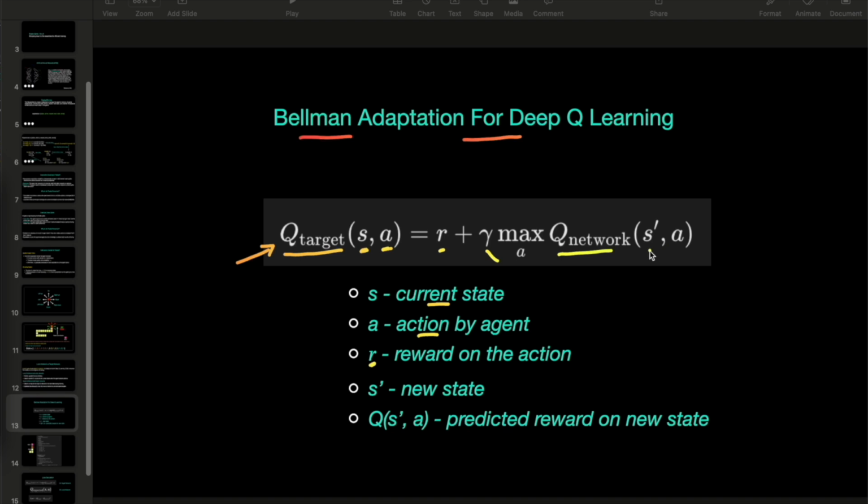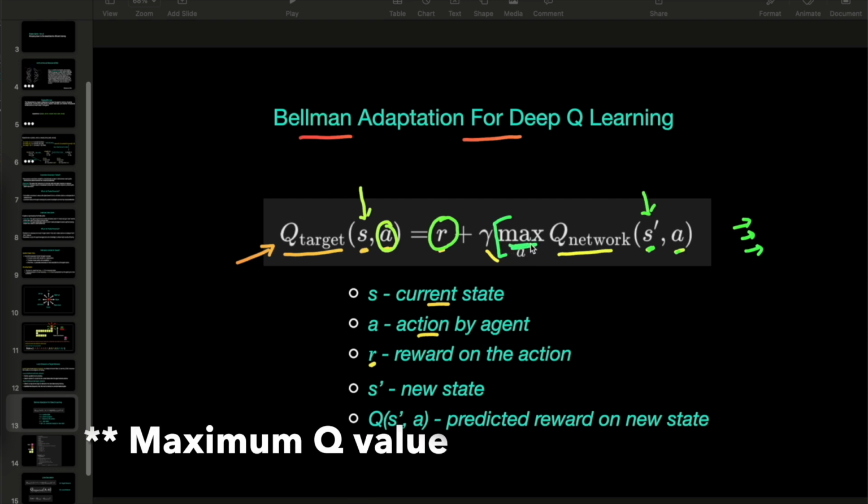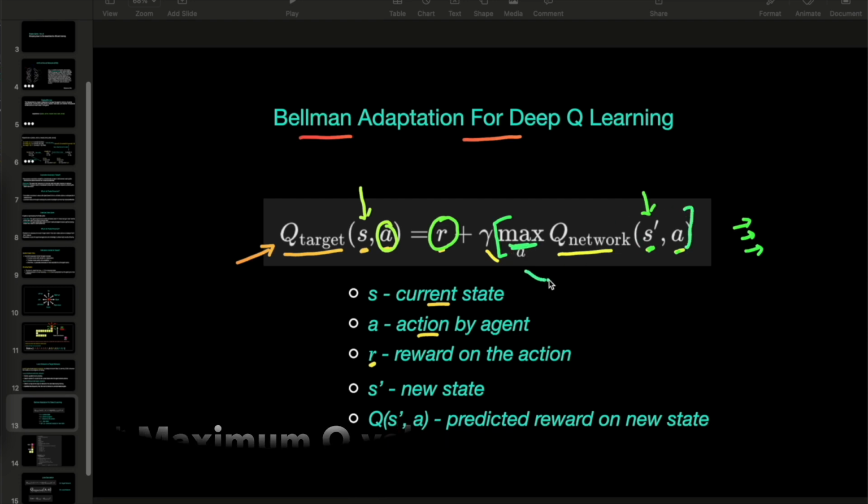This is the Q network. S prime is the new state, and A is the action in the new state. So on the current state, the agent takes an action A. On that action, the agent receives the reward R, and then lands on the new state, S prime. Then again, on the new state, the agent can take all the possible actions, and we will pick the action that gives the maximum reward. So this is in future,